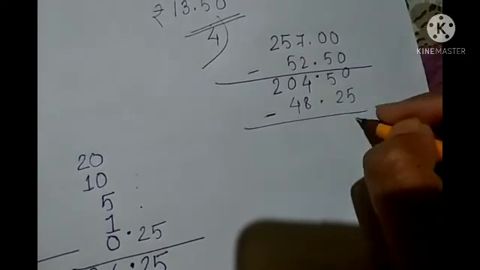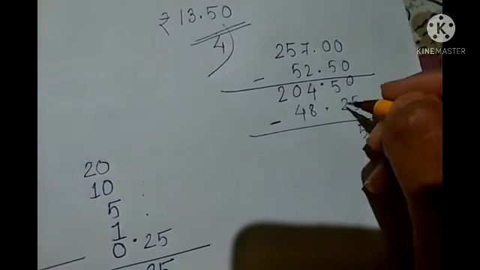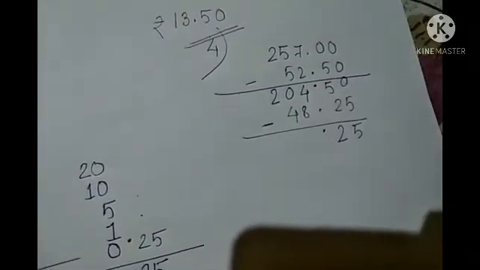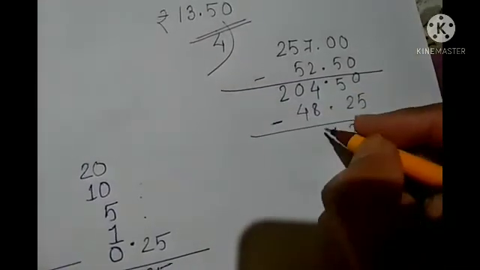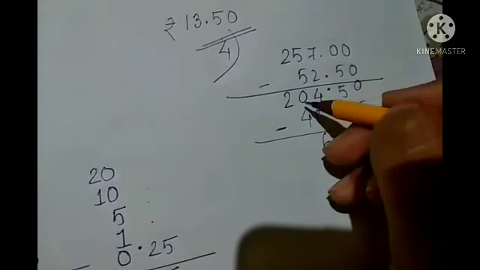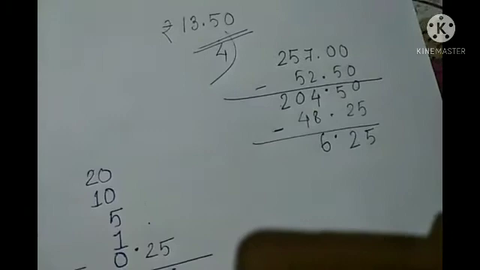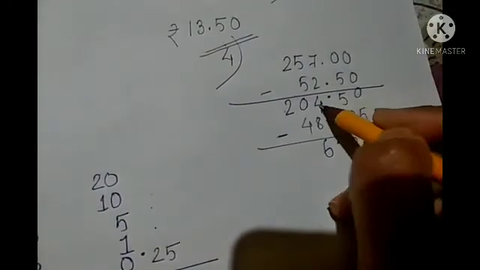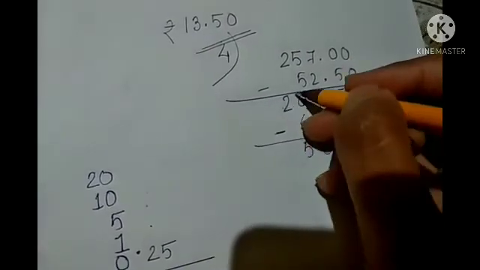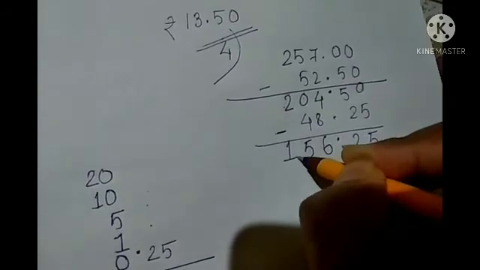As you know how to subtract, from here it will become 10. 10 minus 5 will be 5. Then here we have taken 1, so it becomes 4, right? So 4 minus 2 will be 2. Now 4 minus 8, we cannot do that. So 14 minus 8 will be what? 6. Now this one will become 9, right? As we have taken 1 from here. So now it becomes 9. So 9 minus 4 will be 5. And as we regrouped this, this becomes 1, so 1 will remain the same.